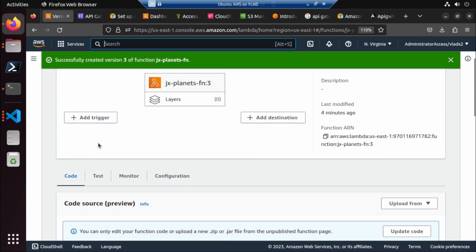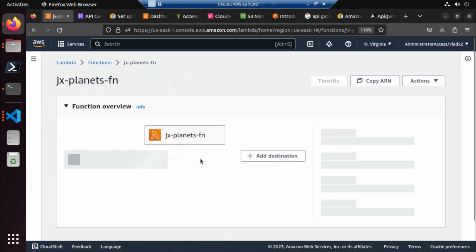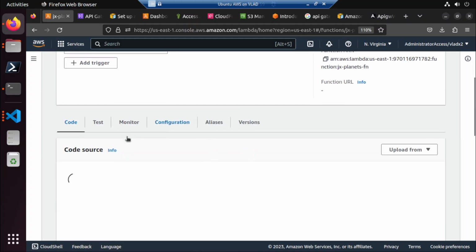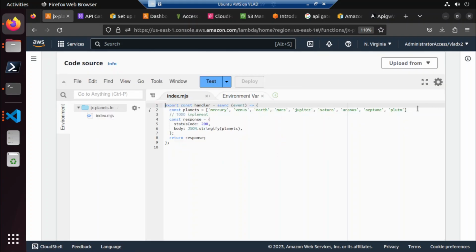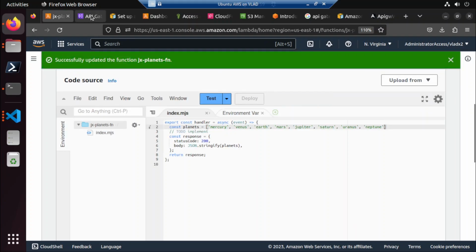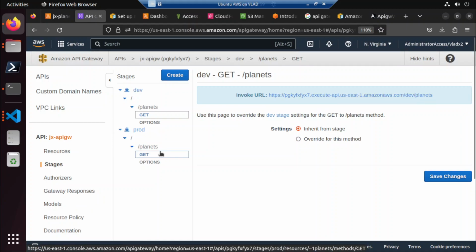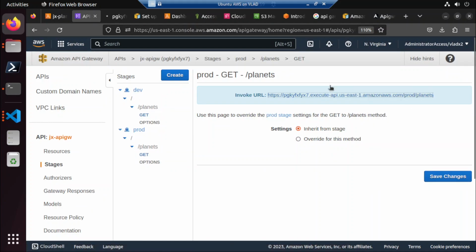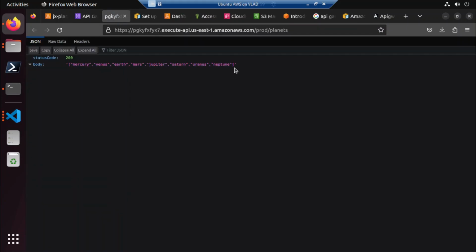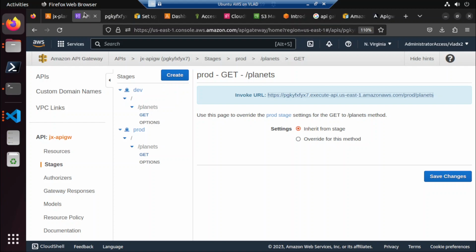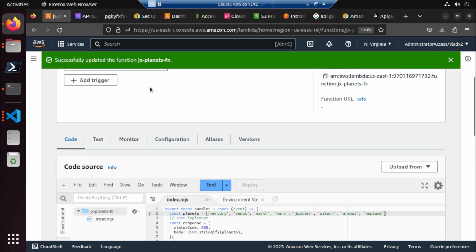So if we go back to our fn here, okay, so our function, let us remove Pluto. If we remove Pluto, then if we deploy, our prod here will automatically get the latest version again. So we don't want that to happen. Wait, should we want our